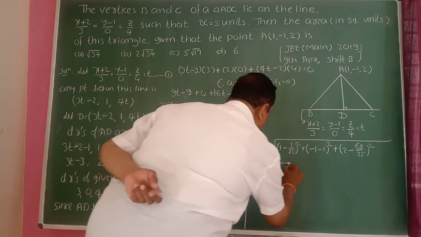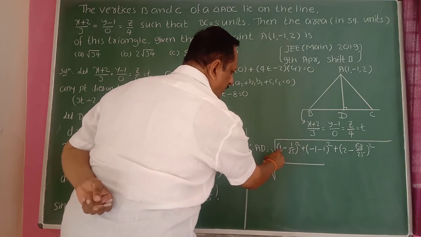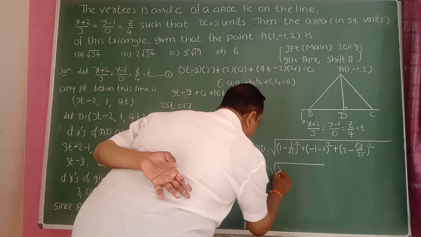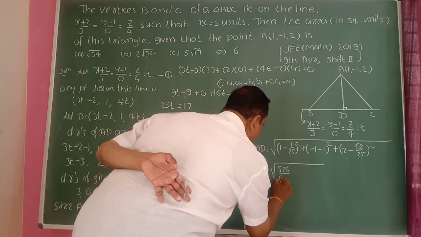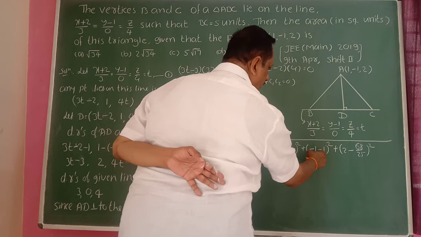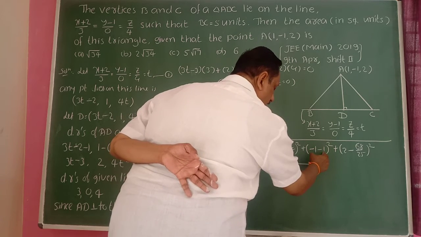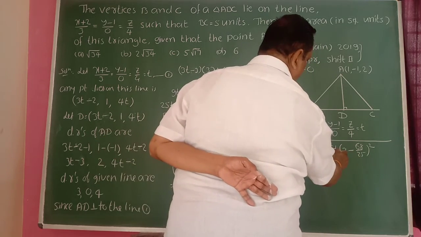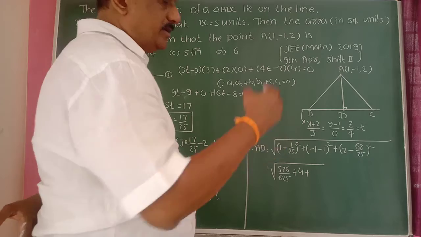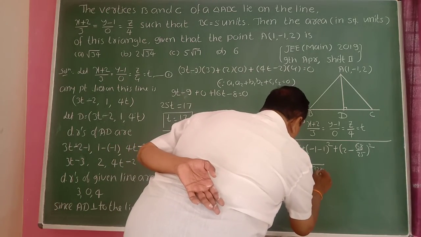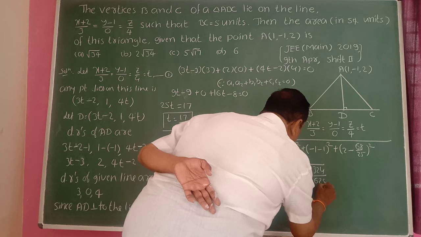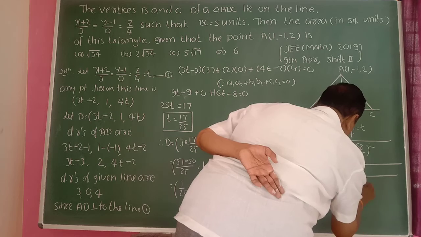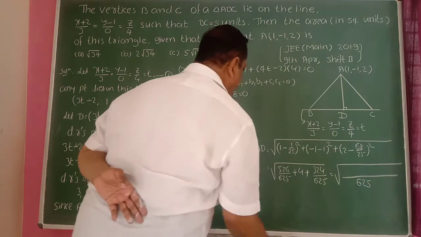Therefore this equals root of (24 squared divided by 625), then plus (-2) squared, which is 4, plus (50 minus 68 is minus 18) squared, which is 324 divided by 625. Hence this is the root of, with 625 as LCM,